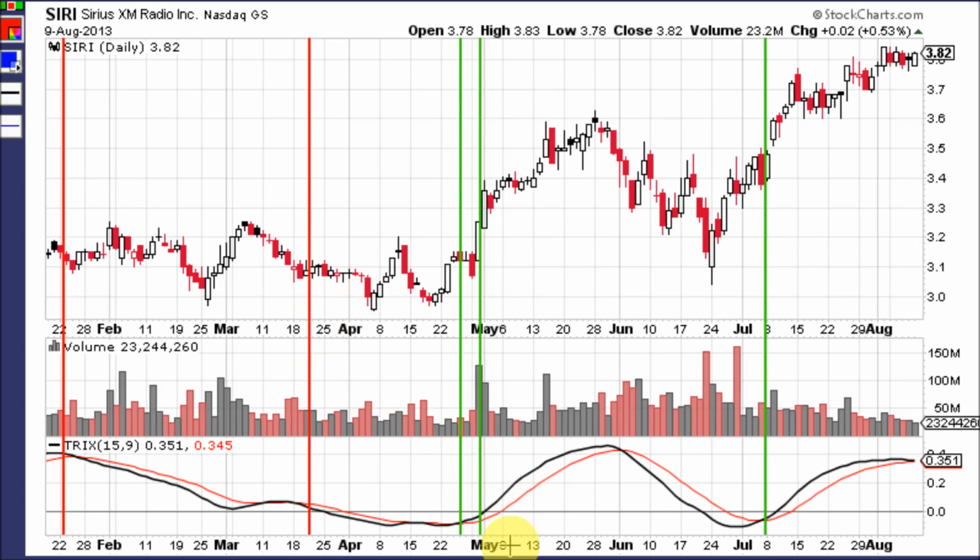Okay, then it gets a nice buy, breaks out into blue sky. Then here comes the top. Here's your reversal candle right here. A few long upper wicks in this area. Okay, and here is where Trix starts turning down and then crosses down through the signal line, and the stock does go down. Here's another bearish signal where it crosses down through the zero line, and again the stock goes